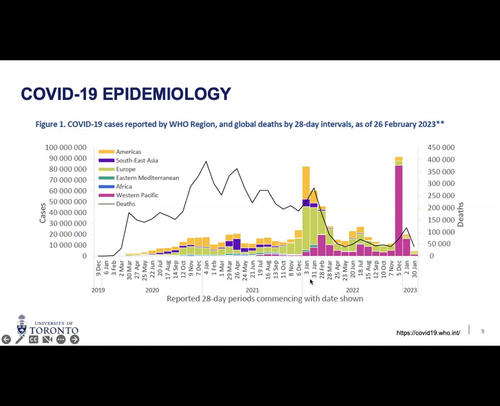So there may be several reasons for the dip in cases and deaths that we're seeing right now. And one explanation is more of the population is vaccinated, which is protective against new infections. And also there have been changes in COVID-19 testing policies in many jurisdictions since December 2021, and so case counts may be underestimated.